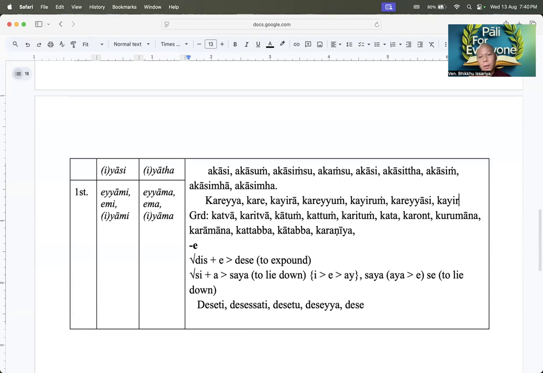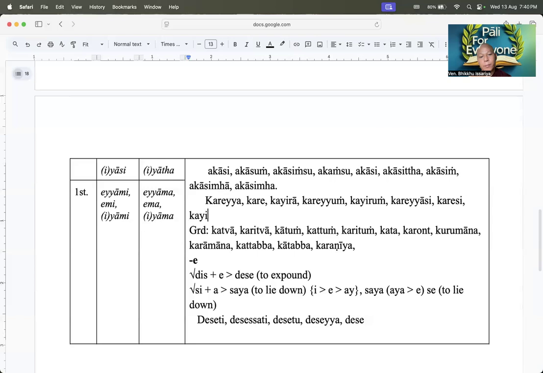So Garisi, and then Gayirasi, and then Gariyata. So Garita, and then Gayirata,